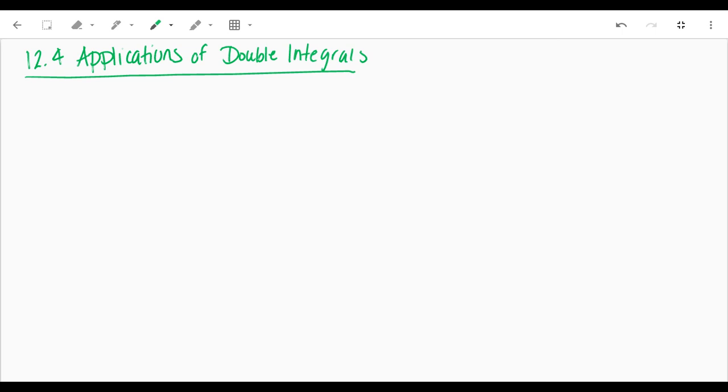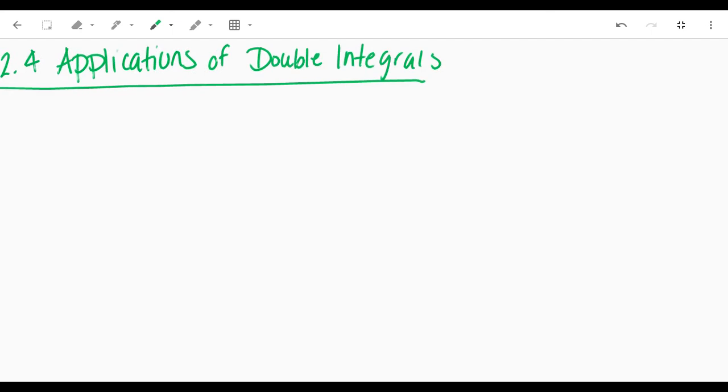Okay, next section is 12.4, which is your applications of double integrals. So, any sort of application of calculus is usually physics. So we'll get a little bit of physics in here, and I'll do my best to explain some of these concepts. But the first application that we're going to look at